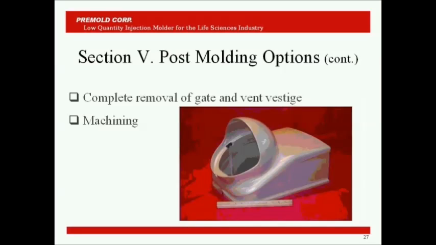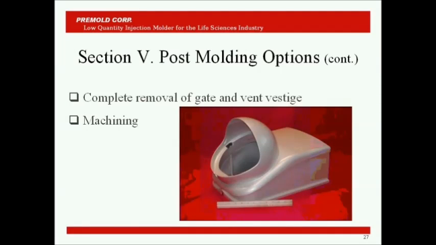Rim molded parts for the life sciences industry are often painted after molding. This is because the cosmetic requirements for the OEM's product are quite high for the covers and housings that represent their final product. So it's not unusual to do a complete removal of the gate and vent vestige from a rim part before it's painted. As designers, this gives you an extremely high amount of flexibility to achieve really some unmatched aesthetic effects on your